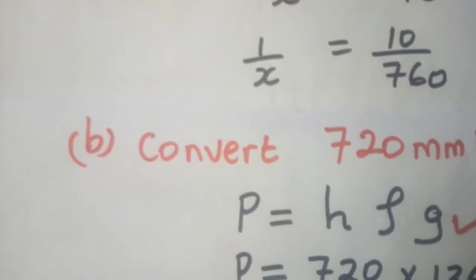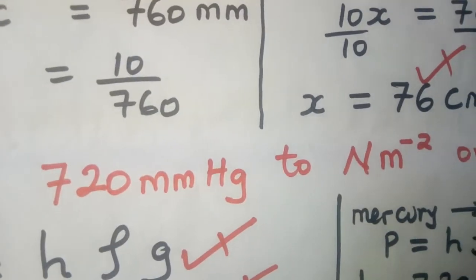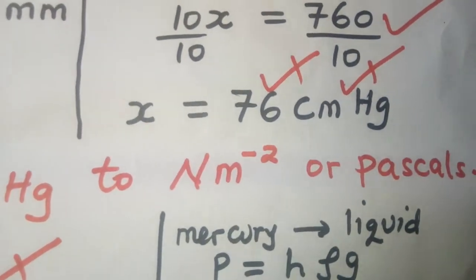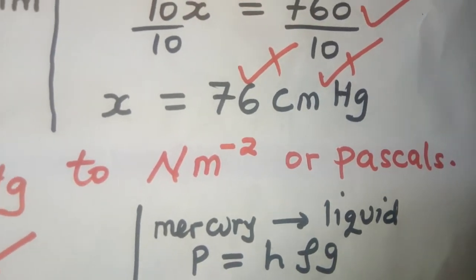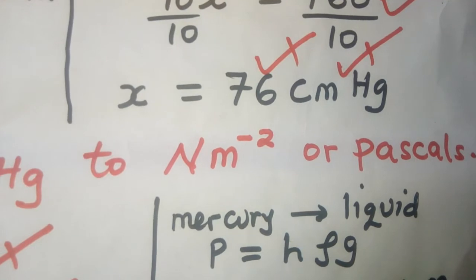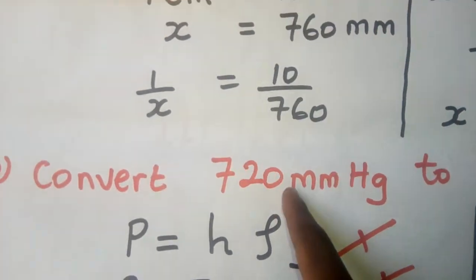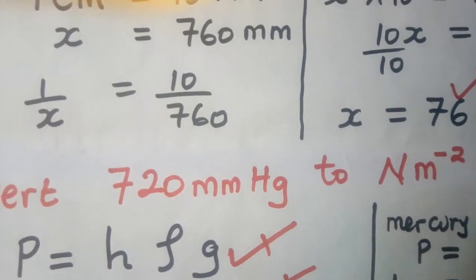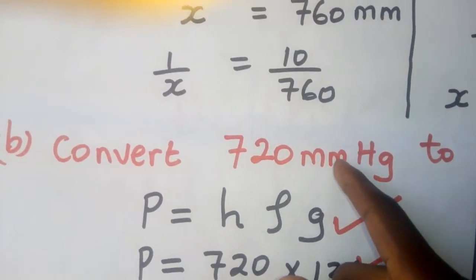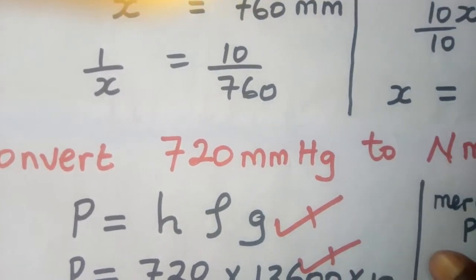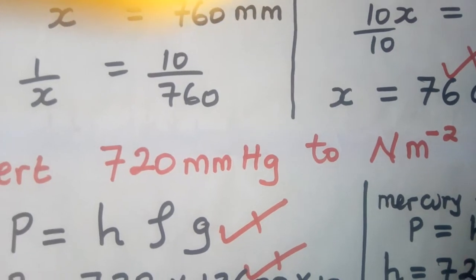This one says part B, convert 720 millimeters of mercury to newtons per meter squared, or pascals. Now, newtons per meter squared is the same as the pascal, which is the SI unit for pressure. So you are converting units from this to the SI unit of pressure. Now, whenever you are converting millimeters of mercury or centimeters of mercury to newtons per meter squared or pascals, which is actually the SI unit of pressure,